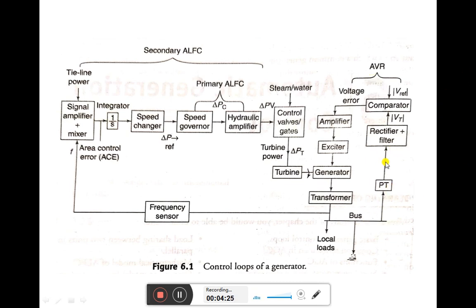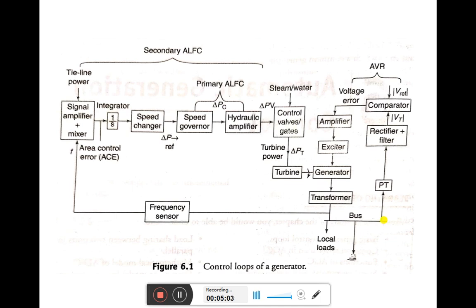Here V reference is the nominal value of the voltage. Nominal value in the sense, the value of voltage which must be maintained in the power system throughout its operation, or we can also call it the rated voltage. That value we are giving as V reference to this comparator. To the comparator, one more input is from the bus. At the bus where this load is connected, from this bus we are going to note down the voltage at this bus